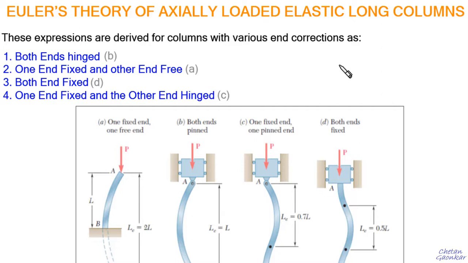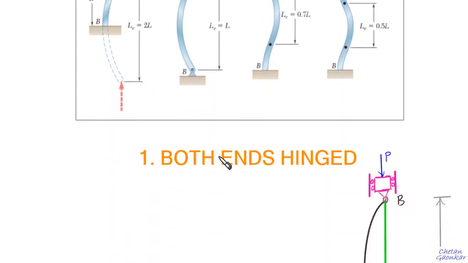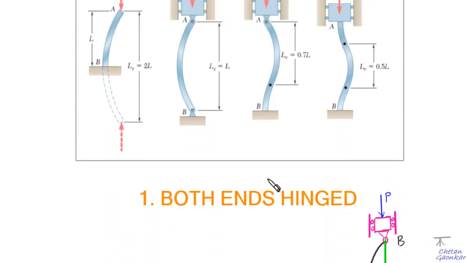of constant K. Now in this video we will try to develop the critical loads for these different types of columns, for these different boundary conditions. We will try to develop Euler's critical load. Alright, so these are our different columns with different boundary conditions, and let us straight away first take this condition wherein both the ends are hinged.